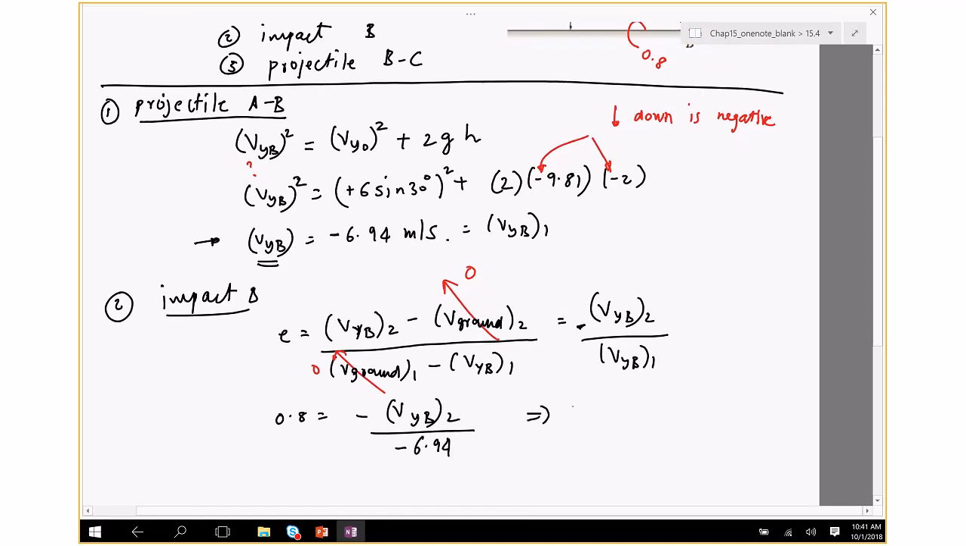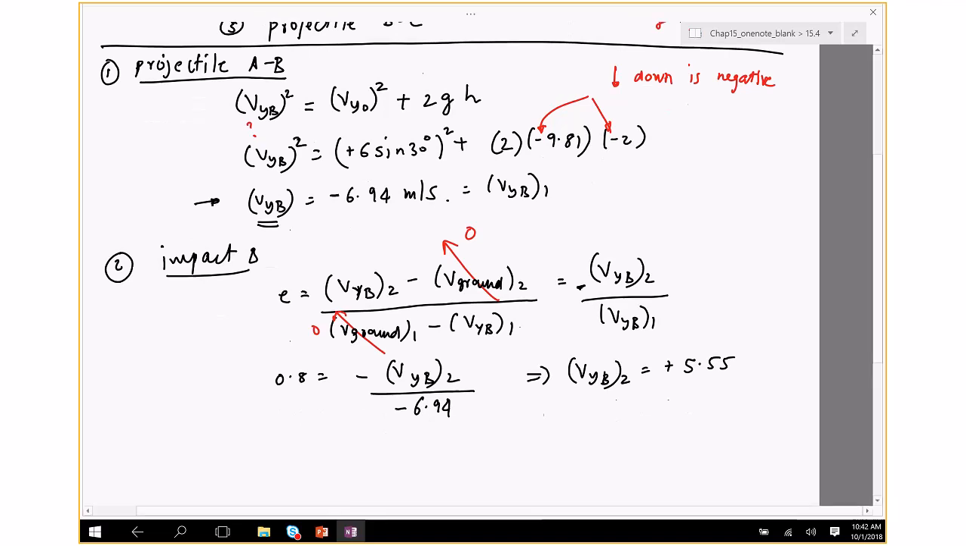And so Vyb after impact is 6.94 times 0.8. I'm just going to write the answer. It comes to be 5.554, so 5.55 with a positive sign, which indicates that when it bounces off, it moves with a velocity which is upwards, which again makes sense. So the last part is projectile motion